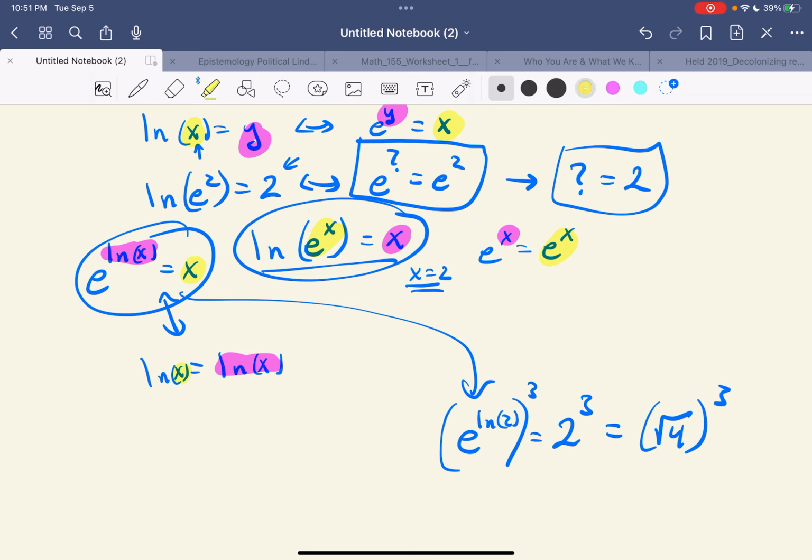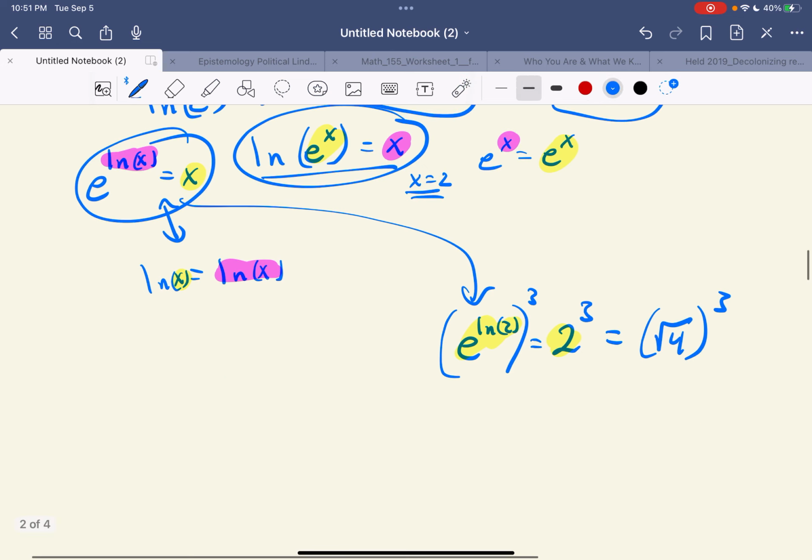So 2 is e to the ln of 2. That's the whole point of what this is saying here. If I put a 2 in for x, 2 is equal to e to the ln of 2. So, okay,